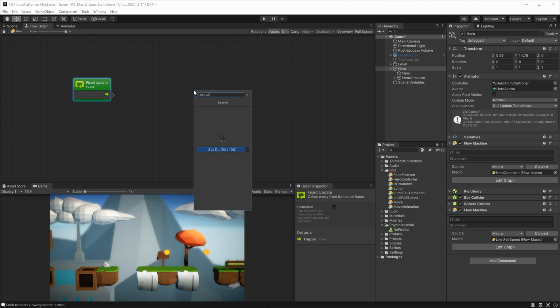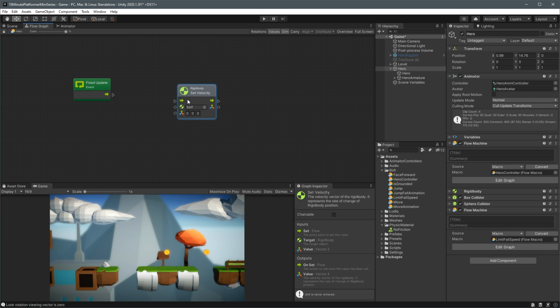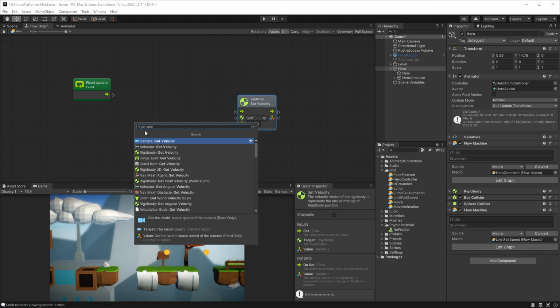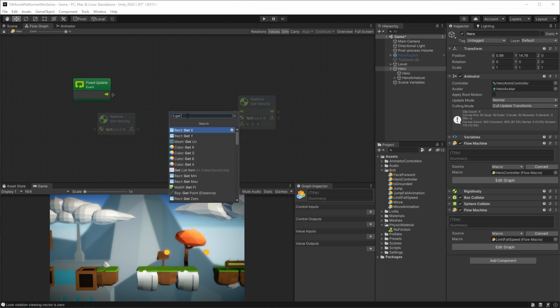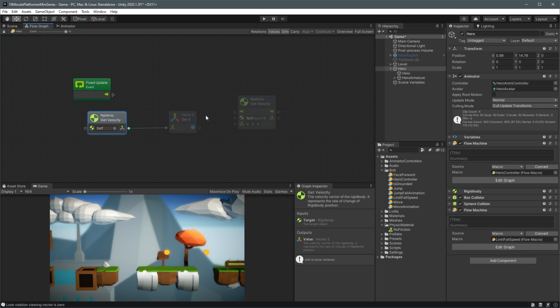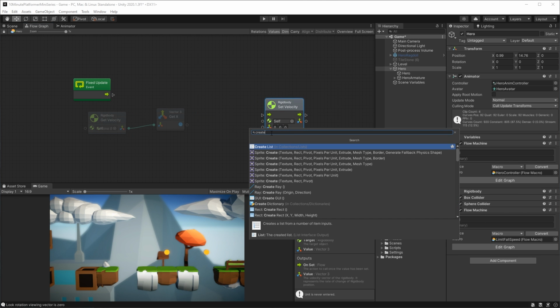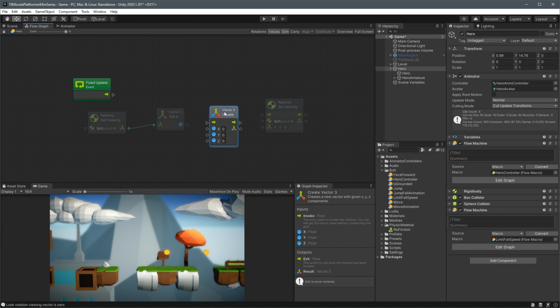And then right click to add a unit, and then we set velocity. And then we have to add another unit here, and this one is going to be get velocity, because we have to get the rigid body's own velocity first of all. We right click again and search for get x and get the vector 3 x from the velocity, and then we link those two together. And we have to add another unit, and this time we're going to create a vector 3 xyz, and then we'll get the x component there,